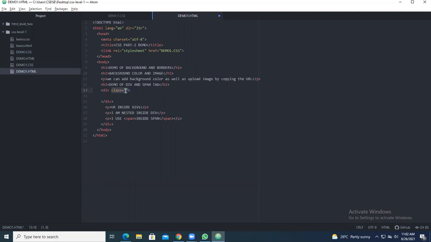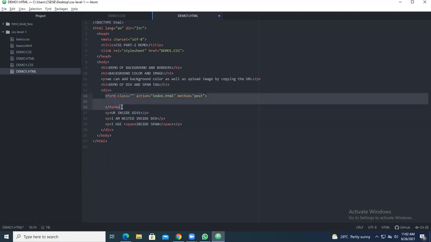So how to give the style sheets for the CSS? Till now we have taken only the div. You have not taken any attributes of the div. Similarly, which other tags can you take? You can go with a form also. So you take the form. What are the attributes of the form? It will give class name, it will give action, it will take method. Till now we have gone only with the tags. You have not gone with the attributes.